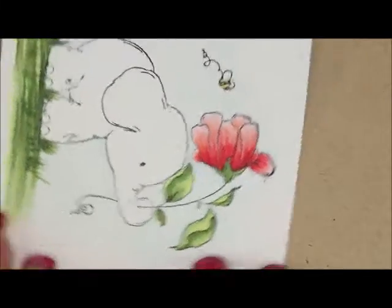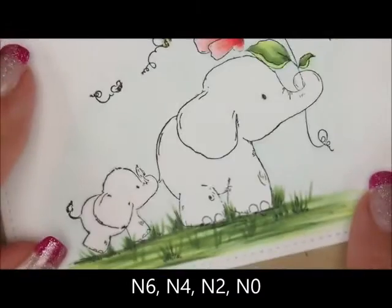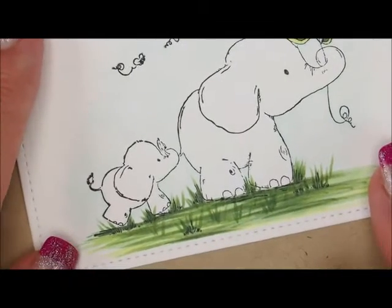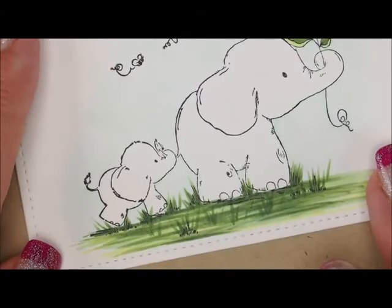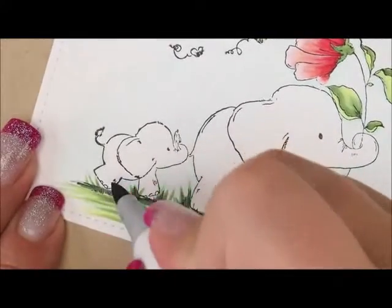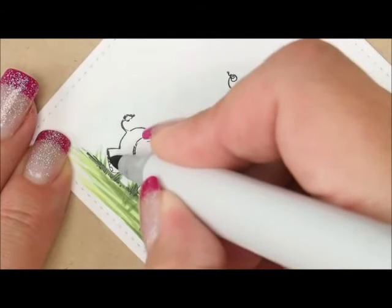So let's go do our cute little elephants. For that, we're going to use N6, 4, 2, and 0, and it'd be perfectly fine for you to use the C's, the T's, or the W's, depending on what color gray you want to use. I just picked these just for something different. So I'm going to start with my N6, and let's add a little bit of shadows to this little cutie over here first. So for him, I'm going to go with the bottom of his foot,